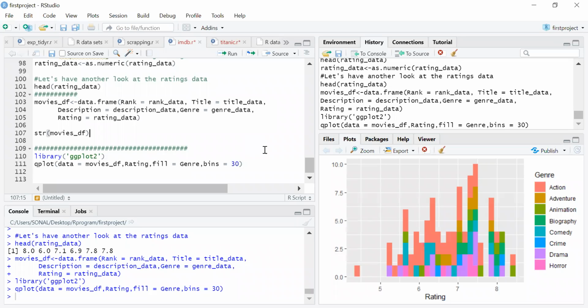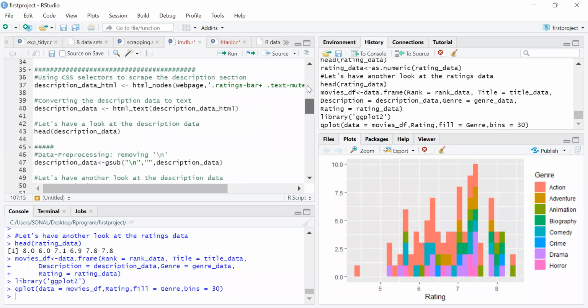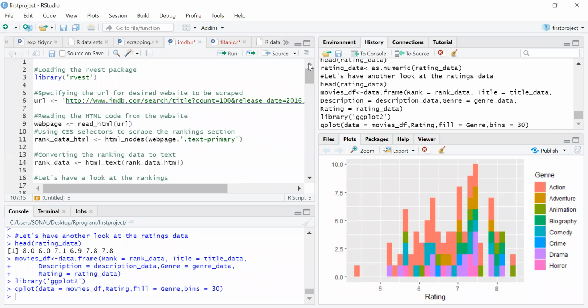So this is how web scraping can be done, and from the clean data, we can try to analyze it. So the things to be remembered: first step is use the CSS selector and scrape the data. After you scrape the data, the second step would be to convert the data into the text.